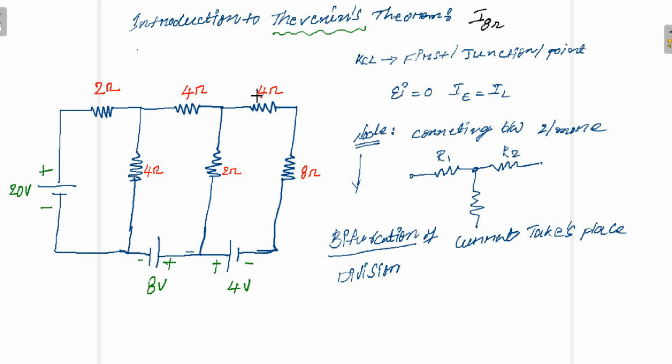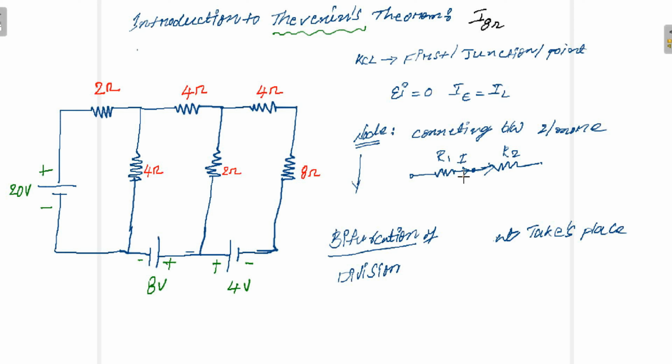So if I remove this branch and have only these two resistors, in a general sense it is a node, but in the strict sense this is not a node, because the same amount of current I is flowing through this R2. Is there any bifurcation? Is there any division of current taking place? No. So in the strict sense we should not consider it as a node.